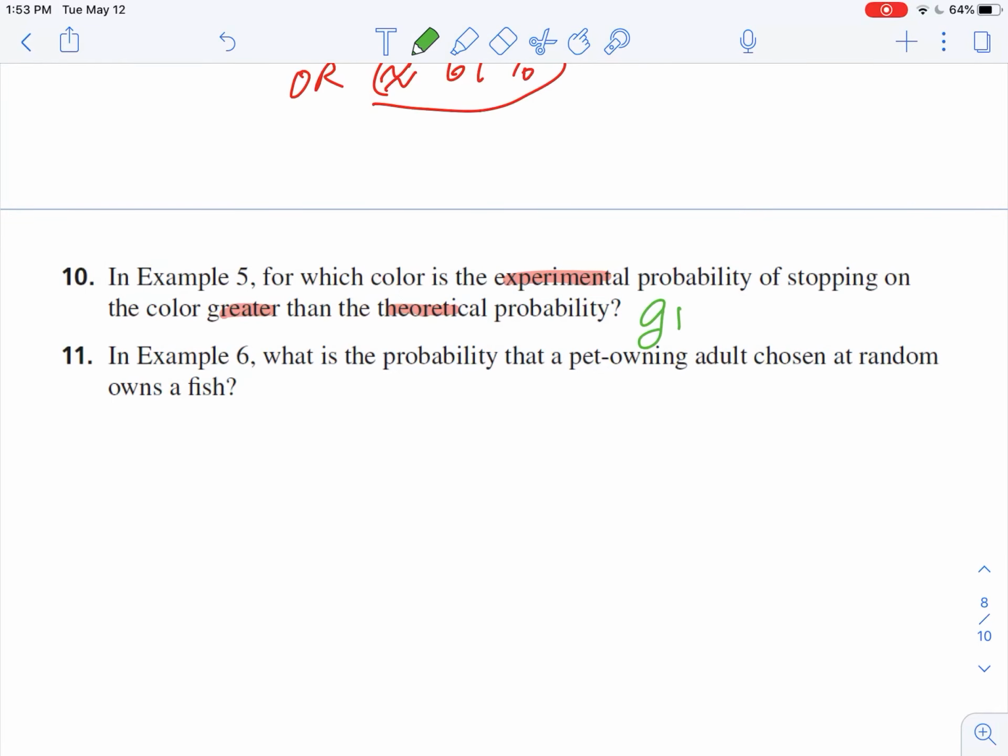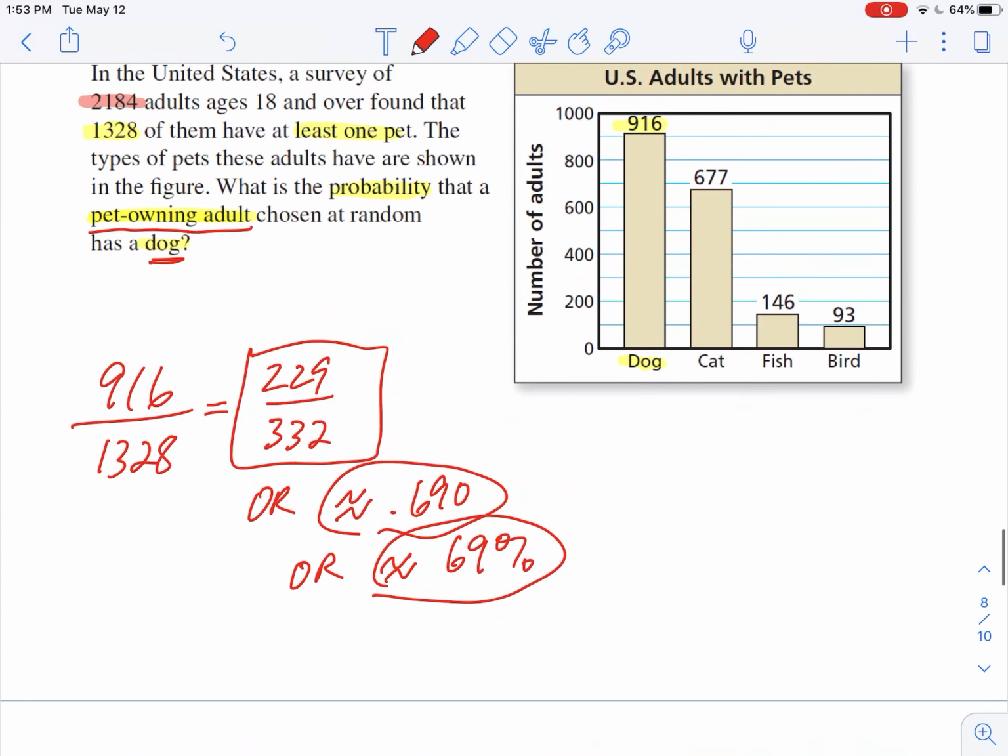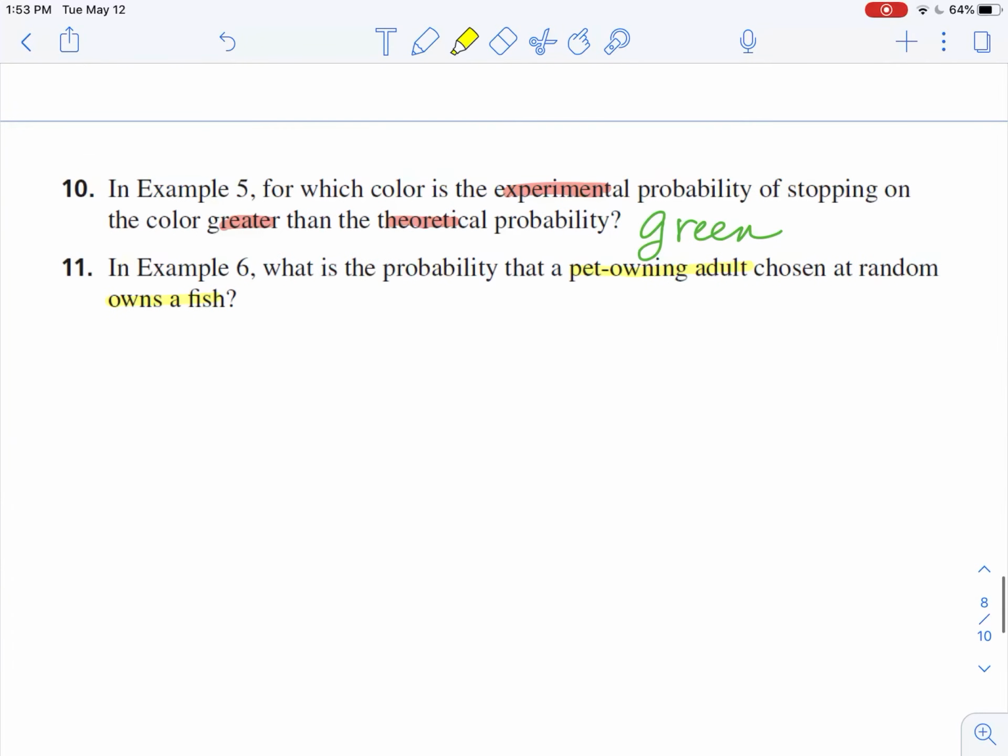Okay, in example 6, what is the probability that a pet-owning adult, again, highlight some of these keywords, the pet-owning adult chosen at random owns a fish. Well, the number of people who have fish in this problem, let's take a look back at this table. There are 146 fish owners. That's a lot of fish owners. 146 divided by